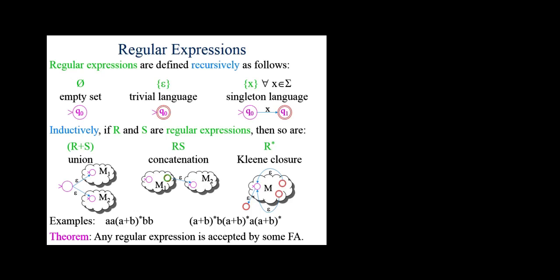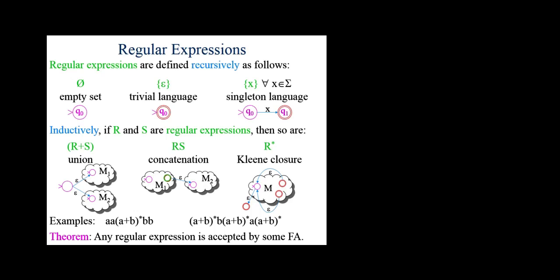The minute you end up in the final state, you already accepted something in the language denoted by regular expression R. And if you immediately, for free, go to the initial state, then you're about to accept something else from R, and then something else from R, independently of what else you accepted. So you don't have to accept the same string over and over again from the language denoted by R. You can accept different strings from the language denoted by R each time you cycle over to the initial state and start over. It's like resetting the machine and starting over, but not resetting the input. Just keep going down the input.